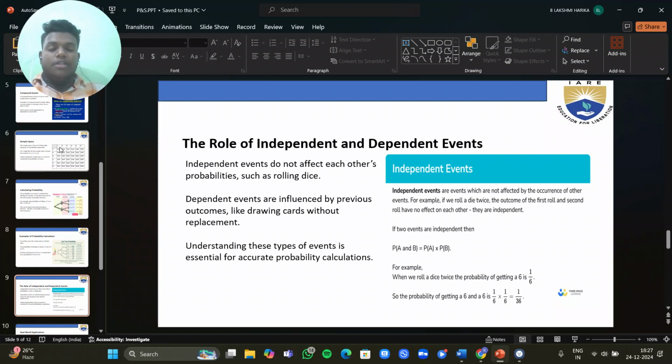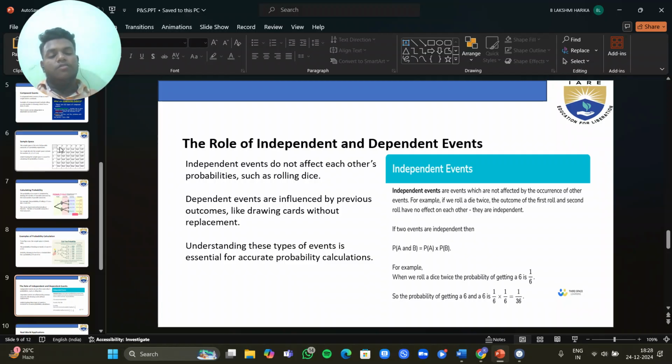Understanding these types of events is essential for accurate probability calculations. Independent events. Independent events are events which are not affected by the occurrence of others. For example, when we roll a dice, the outcomes of the first roll and second roll have no effect on each other. They are independent. If two events are independent, P of A and B is equal to P of A into